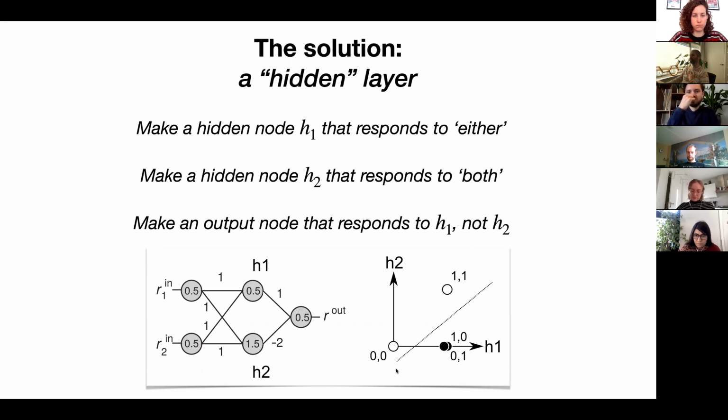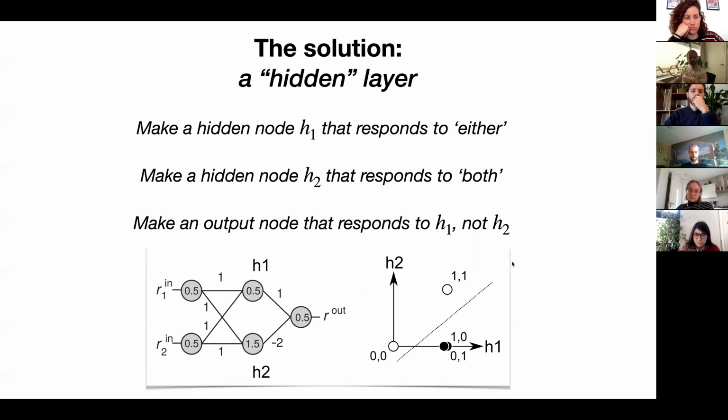So the property of the perceptron is still that it only draws a straight line, but now we've been able to warp that problem space such that the two situations for which we would or would not want to respond end up in the same location, and that allows us to draw that straight line. And this is a really, really powerful approach, because this extra layer allows us to perform all sorts of nonlinear